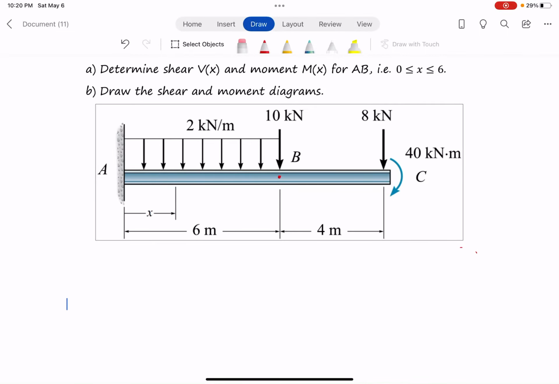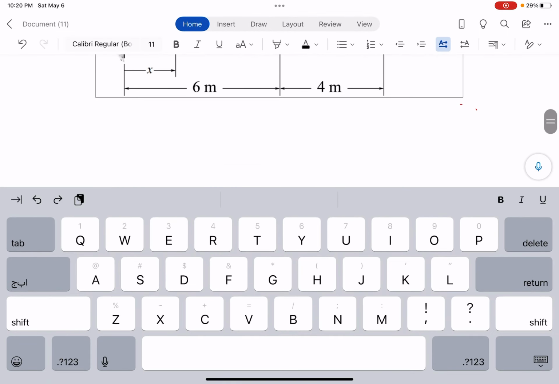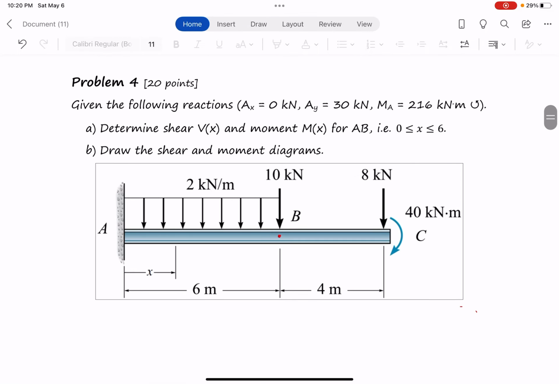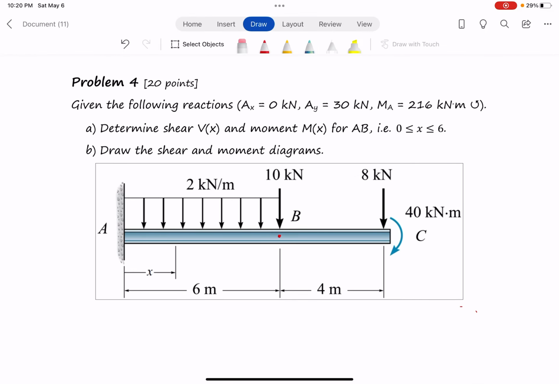First section of problem 4. Determine the shear equation